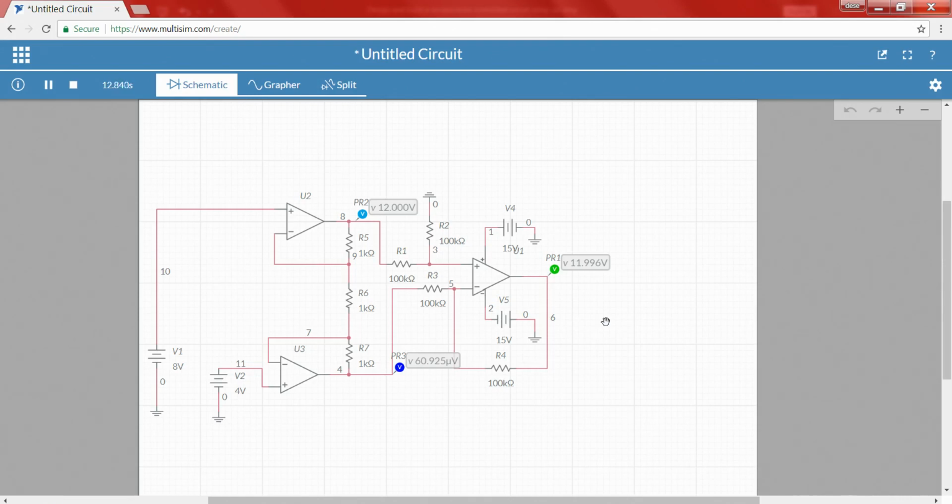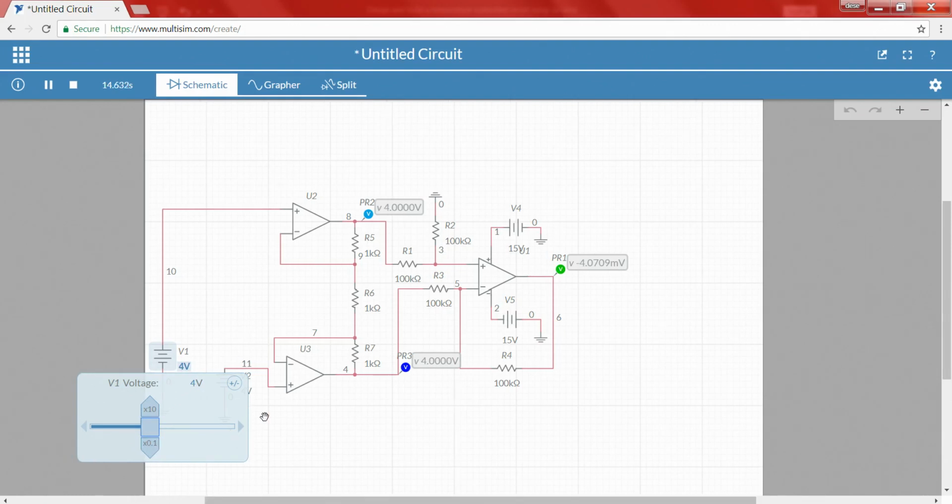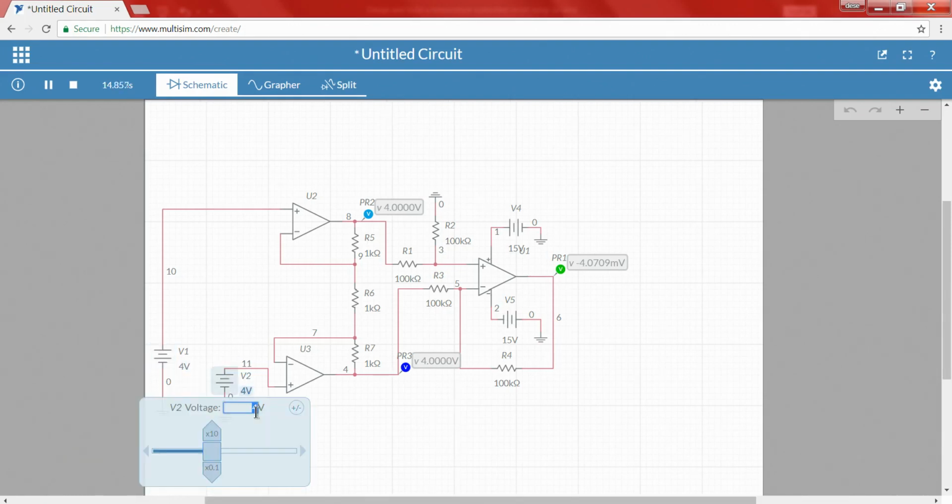But we are getting 11.996. Now, I will make V1 as 4 and V2 as 8. How much should we get? With 4 and 8 we got minus 12.004.